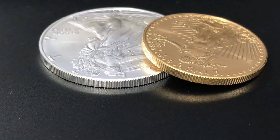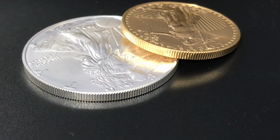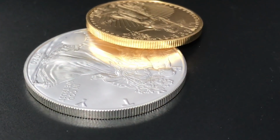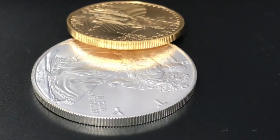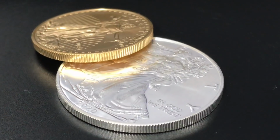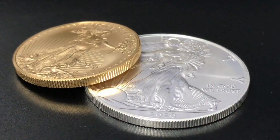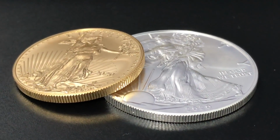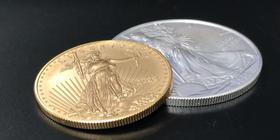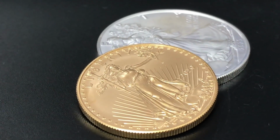And so if you go to make the sell, or if you want to just make a trade, you're at the mercy of whoever you're making the trade with. If it's a local coin shop or a local dealer, and you want to bring in 76 ounces of silver to trade for an ounce of gold, will he do that based off of your buy ratio or your purchase ratio? I don't know. Some may not. Some will say, well, we're going to essentially work it as if you're selling it back to us. So you're selling us back